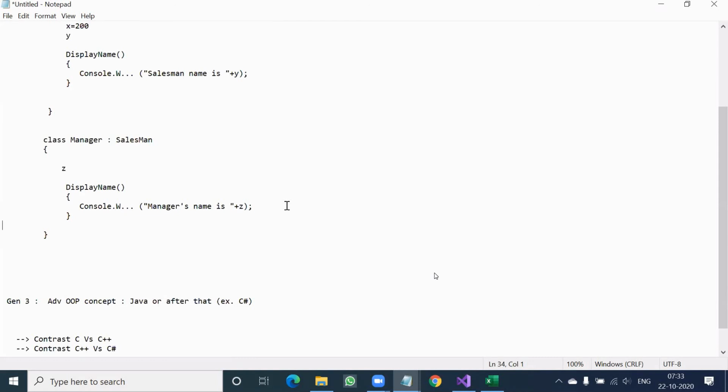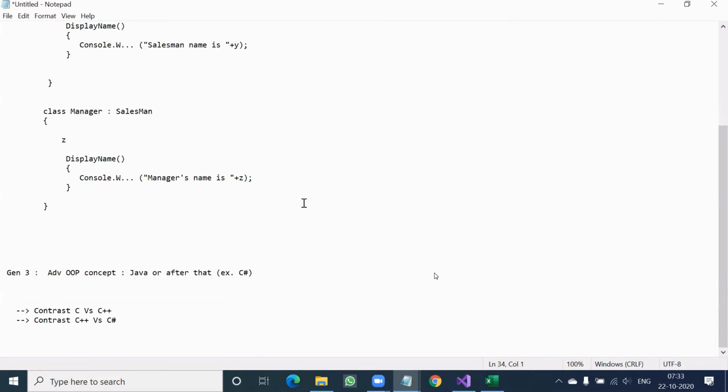You are also a manager, I am also a manager. Think about that. But your authorization and my authorization may be different because of hierarchy. Hierarchy means levels. We cannot say whatever facility the general manager is getting, the assistant manager will also get the same facility. We cannot say that. But both of them are managers only. So that kind of features slowly they introduced in Java first, then extended to other languages like C# and so on.